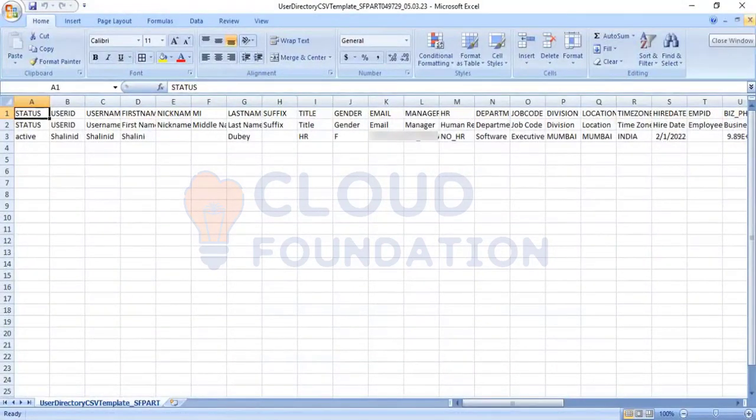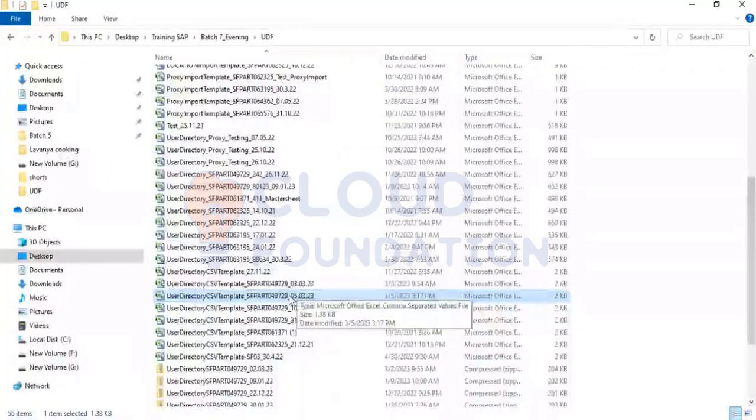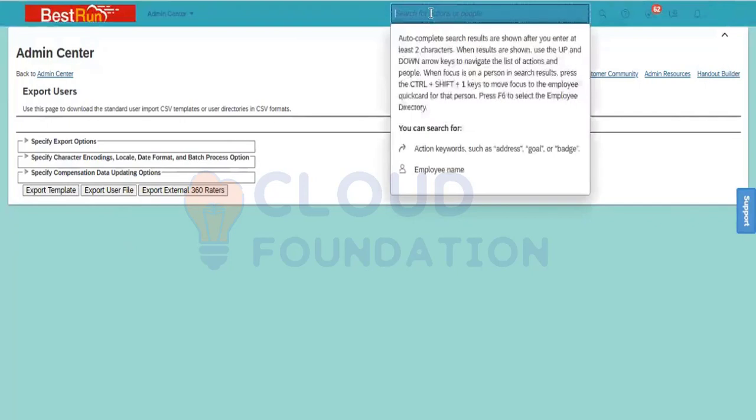Okay, after renaming that file, this file is there in this folder. Now I will go back into the system. So for downloading the master sheet, we are using export user file. For downloading the template, we are using export template. So that we have done already, downloaded the template. And now after that, what we need to do, we have to go to